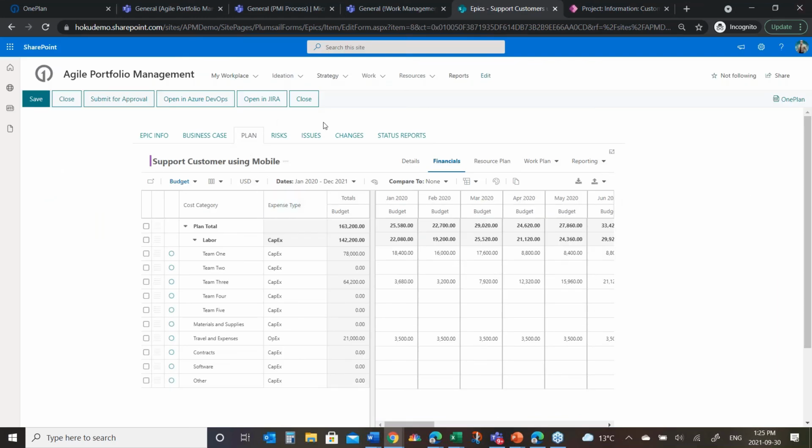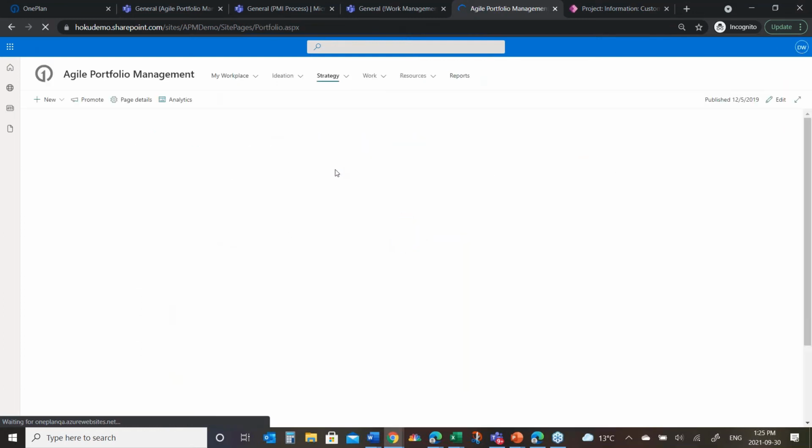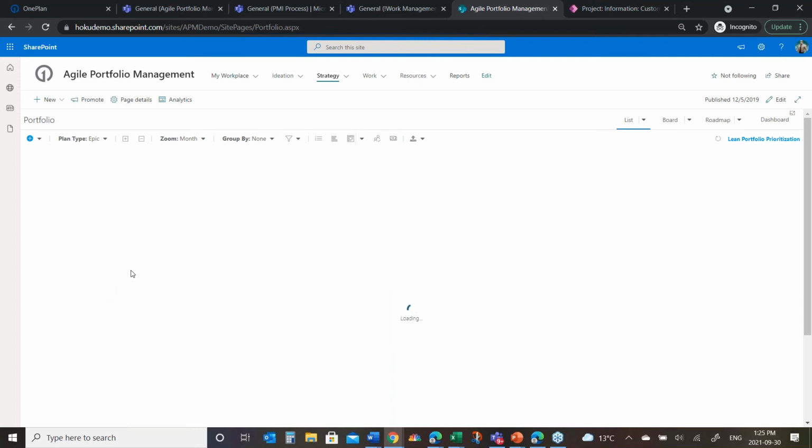I'm going to exit out of this for now. I may come back here in a little bit, but I want to go and look at strategy. So we've looked at work, and we'll come back to that in a bit, but what I also now want to look at is the analyzer. And if you've seen any OnePlan demos in the past, this will look quite familiar. We've embedded this capability